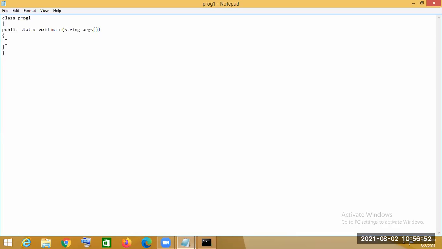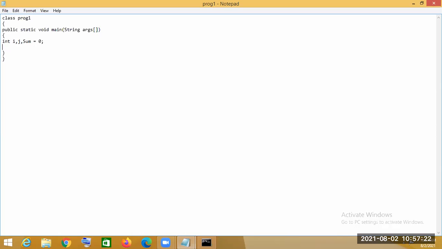So let's say in this program, I will show how addition of the 2 numbers works, and after that we will take these as command line arguments. 2 elements we will take as command line arguments, and after that we will print the value. So how will it be done? Let's say we are taking 2 values, i, j, and another variable that is sum equal to 0.